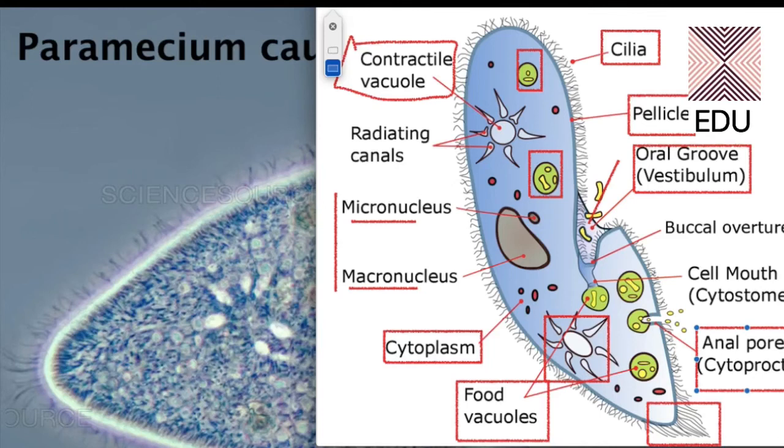This is also fixed. In paramecium, in comparison to amoeba, we have some things which are fixed in number. First of all, we have a fixed number of nuclei, 2 in number, one macro and one micro. We have a fixed number of contractile vacuoles, 2 in number, and we have fixed outpores for these vacuoles. The 2 contractile vacuoles open on the dorsal side of the paramecium.